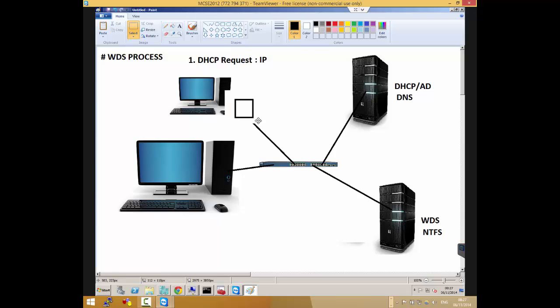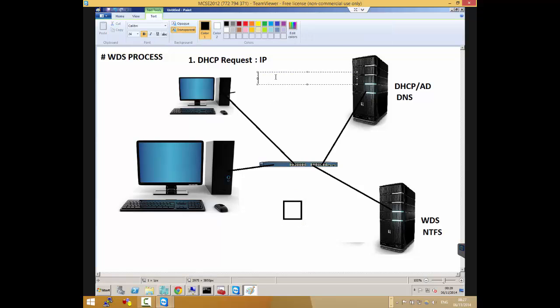Sorry to interrupt you, are you talking about a router or a switch? It could be a switch also. It depends. The main thing that matters is this: the router or the switch that you are using must support multicast.